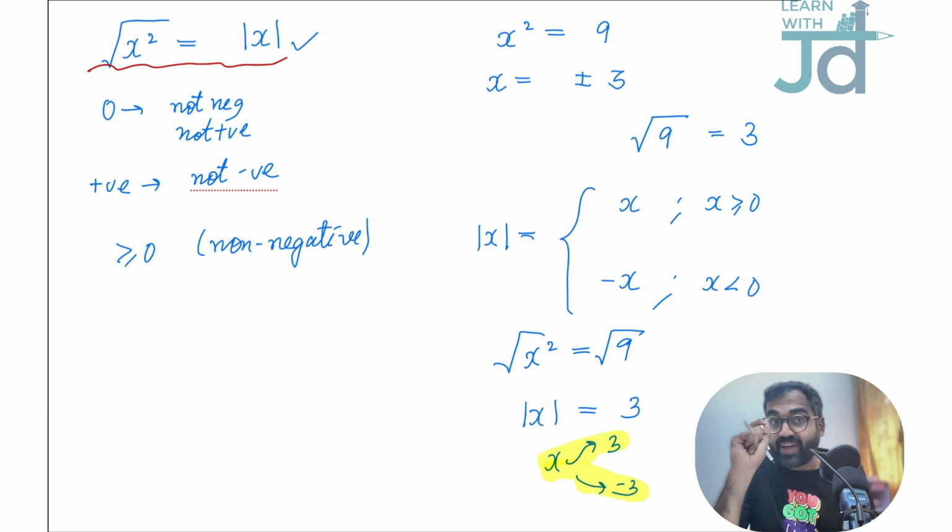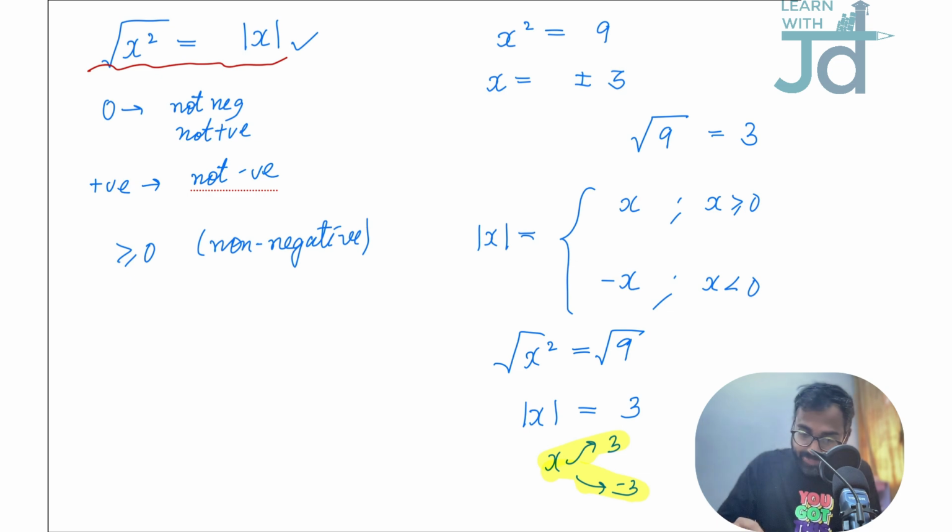समझ रहे हो? तो रूट ऑफ एक्स स्क्वायर इज मॉड एक्स, इसीलिए वो प्लस और माइनस 3 आ रहा है. रूट 9 तो प्लस और माइनस 3 नहीं है, रूट 9 तो प्लस 3 है ही. ओके, नाउ